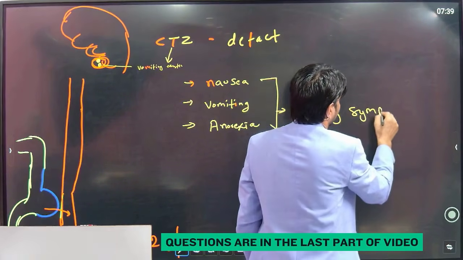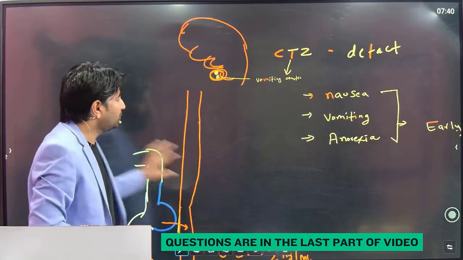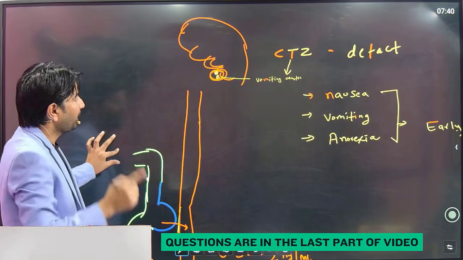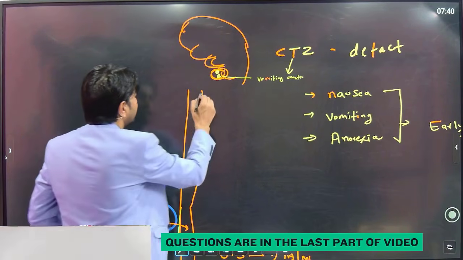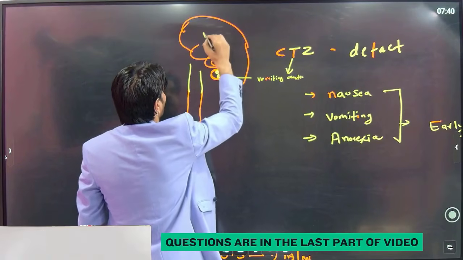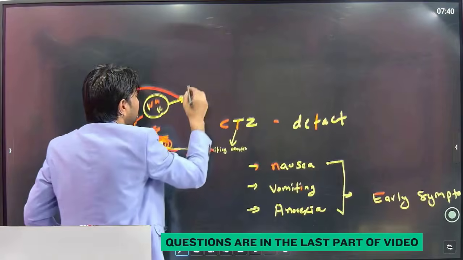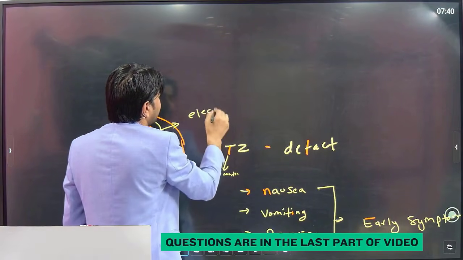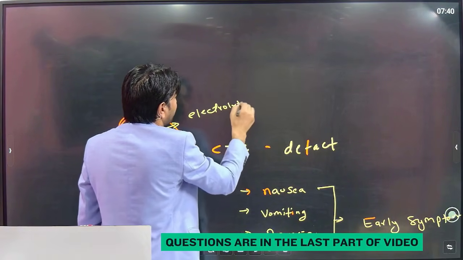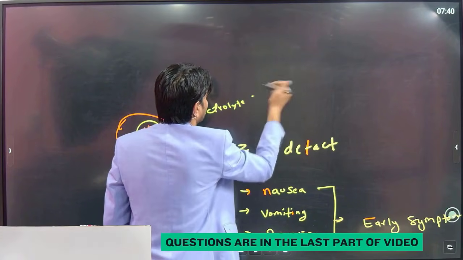These symptoms, which we call GI symptoms, are early symptoms of digoxin toxicity. After that, this blood reaches other parts of the brain. As the blood arrives here, it causes an imbalance of sodium and potassium within the brain tissues. When it causes a sodium-potassium imbalance, it leads to an electrolyte imbalance, and as soon as an electrolyte imbalance occurs,